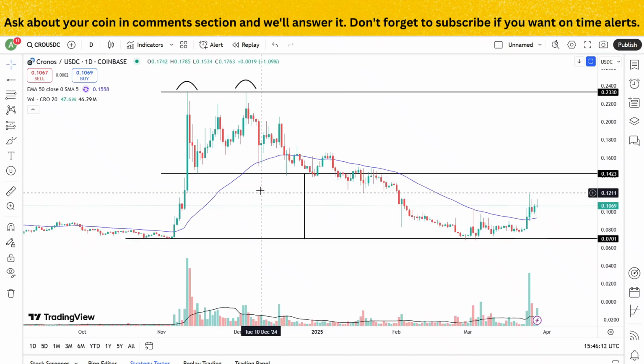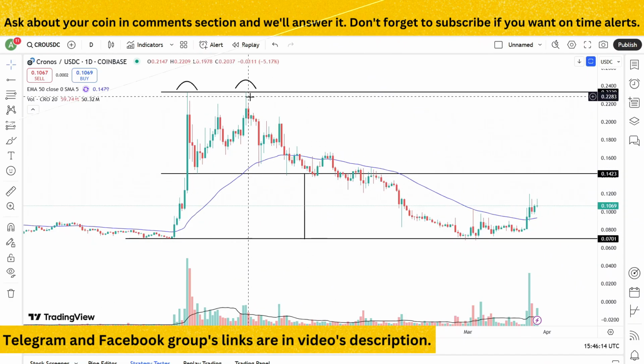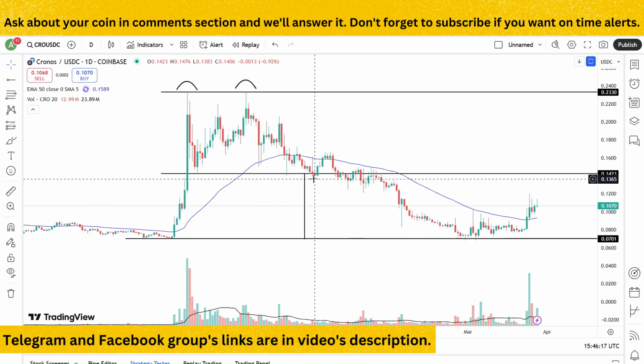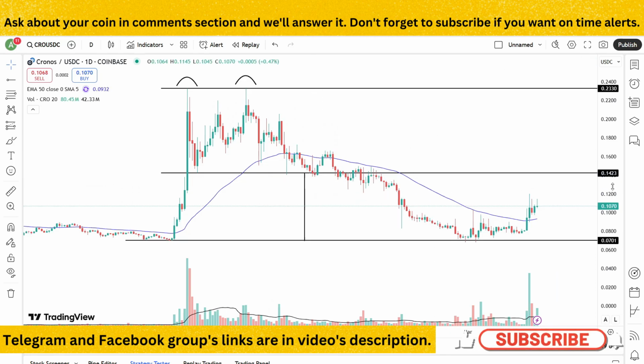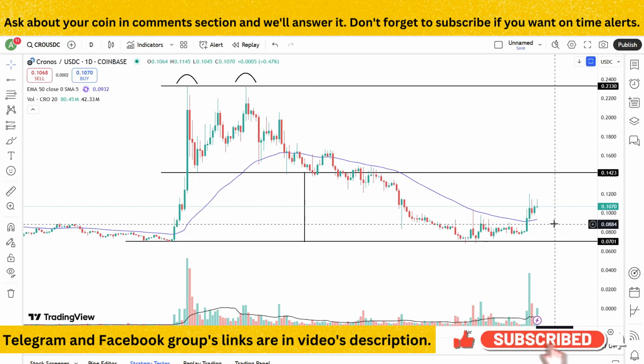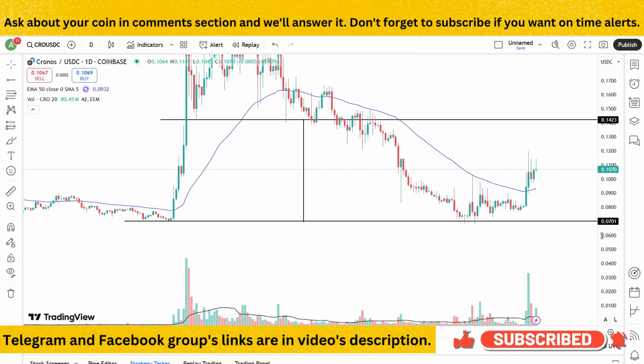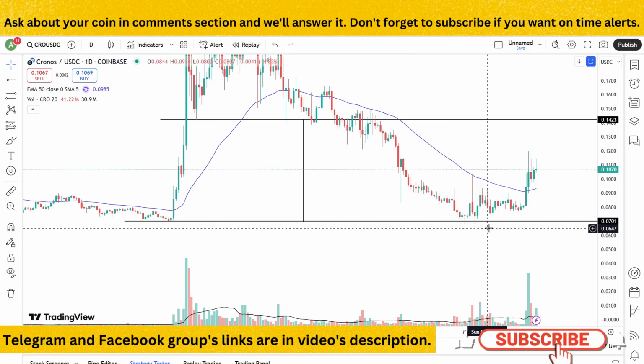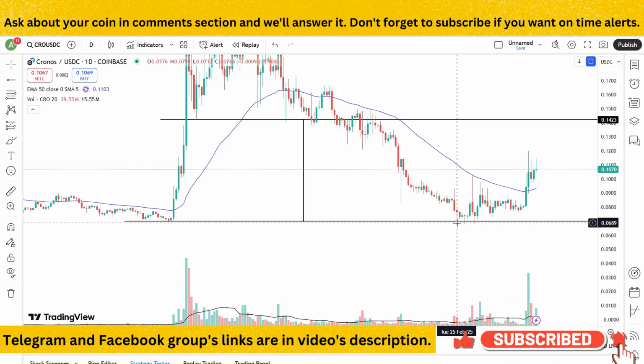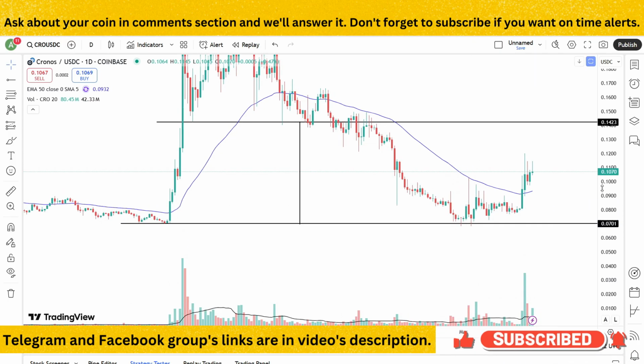This coin submitted a breakdown of this double top formation, that is a trend reversal formation, in this candle when this candle gave closing below 0.1423. After that, it exposed the final target of 0.0701. If you look, these candles have successfully achieved this final target. Currently, this coin is trading at